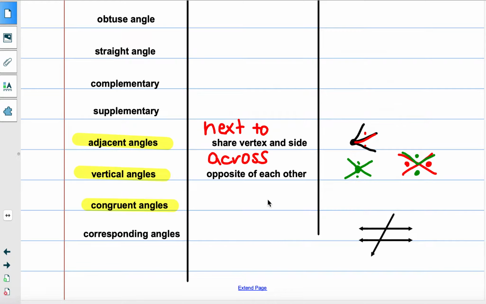Congruent then isn't actually a set of angles, it just means angles with the same measurement. So it doesn't mean they're the same angle, they just mean they have the same degrees, the same measurement. And there's a symbol we use that's the equal sign, and then this little squiggle on top, whatever you want to say,